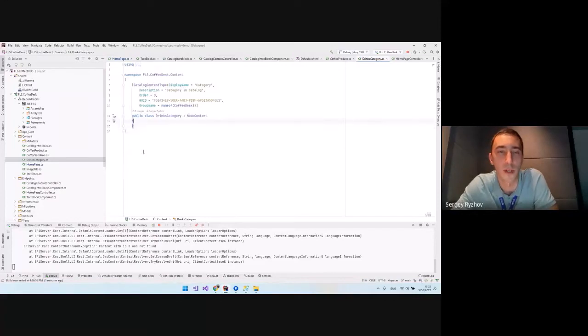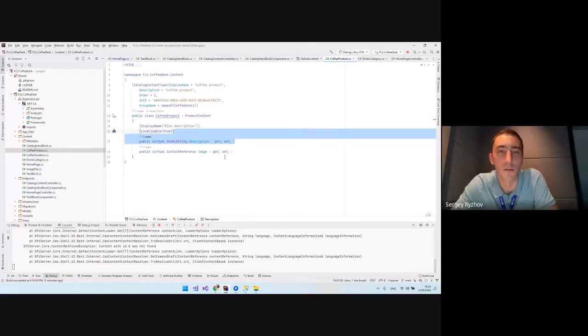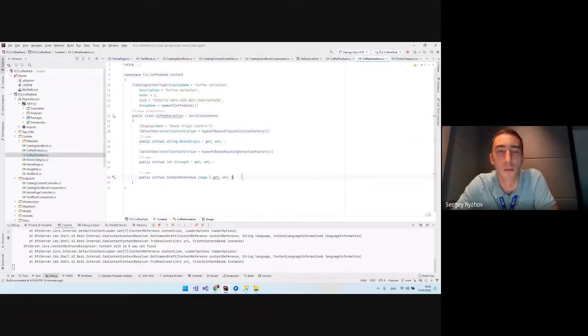You could have some properties like in pages here. To categories, later you could add products, which could have some description, let's say, of products, main images, maybe some other attributes for your clients, and variation is the actual thing which will be bought by clients, so it should have some attributes, some prices, inventory, and so on. Prices and inventory, it's built in EP server, and you need to care only about some business